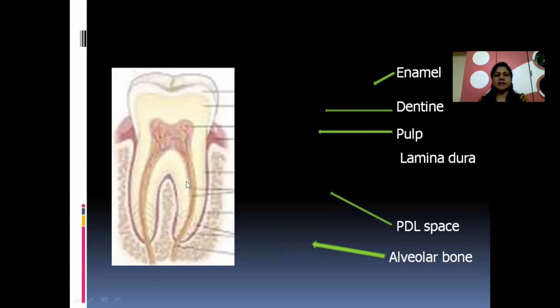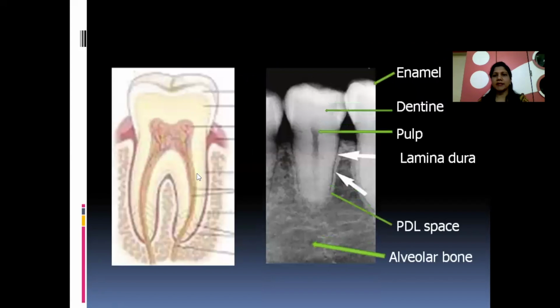Now, this is the tooth's histological appearance, and this is the radiographic appearance. The enamel appears as a cap covering the tooth, and it is radiopaque. Below it, the coronal dentine and the radicular dentine are homogeneous. Around 60 to 75% is mineralized, so it appears radiopaque. But enamel is above 90%, 95% calcified, and dentine is less than that, and we can see the difference between these two densities.